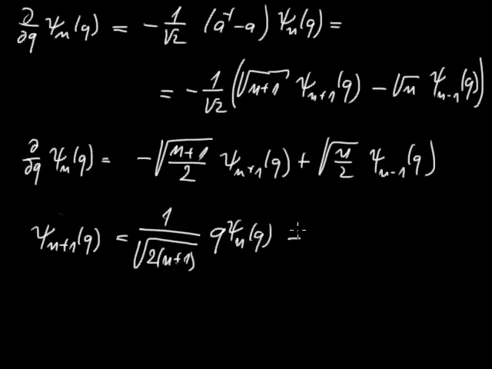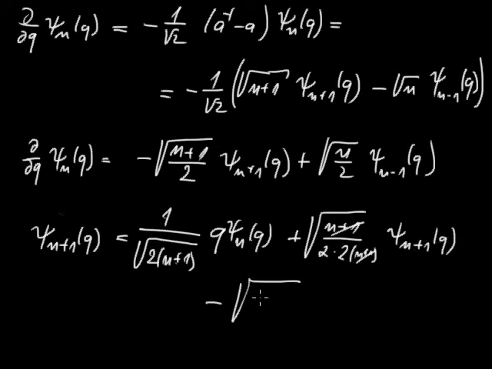So we will get plus square root of n plus 1 divided by 2 multiplied by 2(n plus 1), so this immediately cancels, psi n plus 1 of q, minus square root of n divided by 2 multiplied by 2(n plus 1), psi n minus 1 of q. These don't cancel each other,